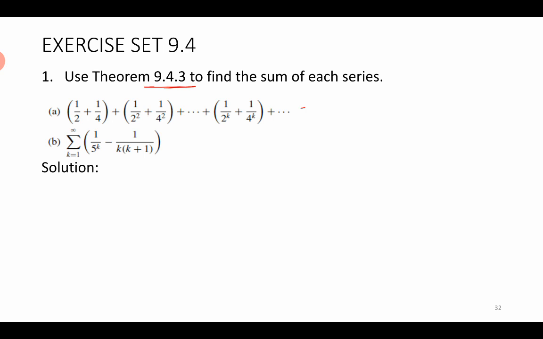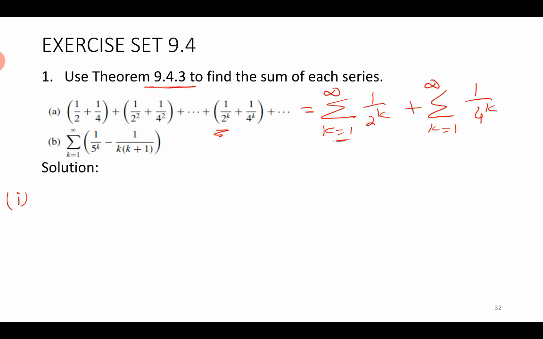So we can write this as the sum of two different series, summation K from 1 to infinity. The first series is 1 over 2 power K, as given here. The second series is summation K from 1 to infinity of 1 over 4 raised to K. Now verify the convergence of these two series, and then you can write the answer. For the first series,